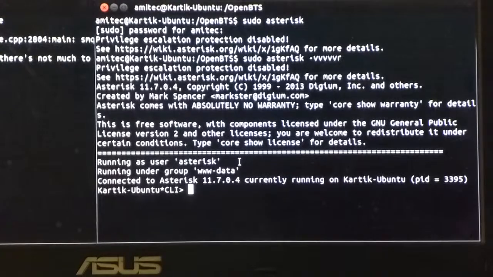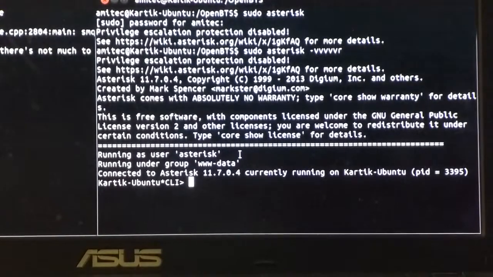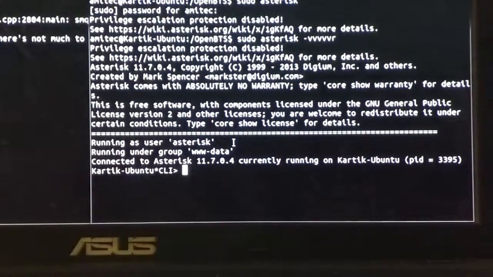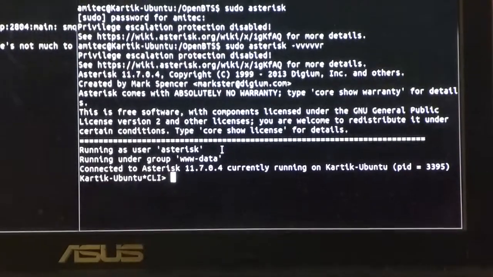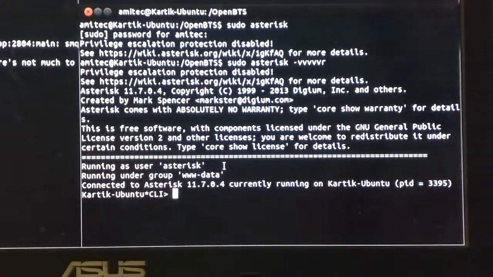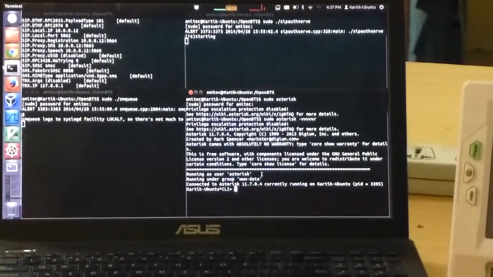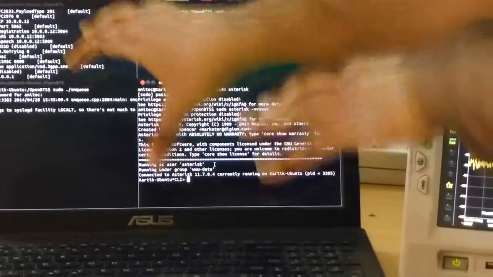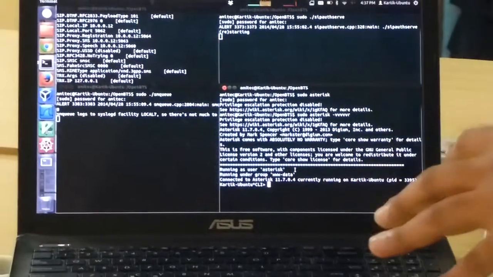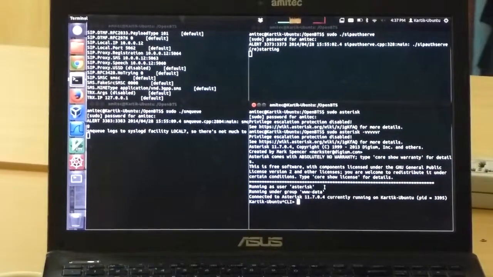So we can have more of these base stations, and we can have a call among the cell phones which are registered to the same base station, as well as among the cell phones which are registered to different base stations having different location area code, cell ID, MCC, MNC, and moreover they can also be used to call a standard GSM operator cell phone using VoIP or any other technique.